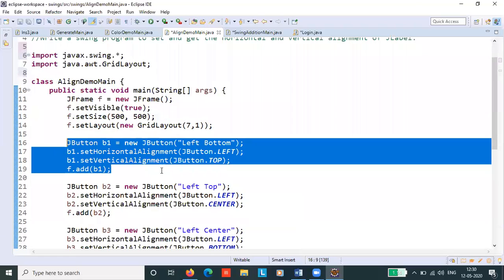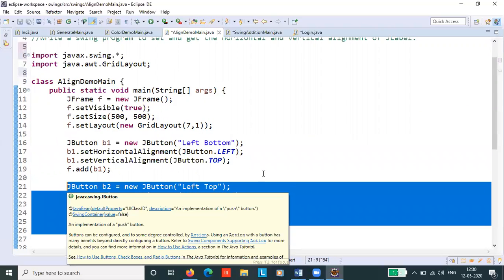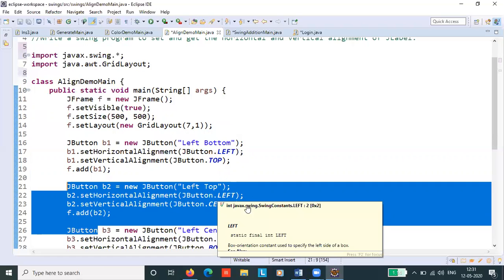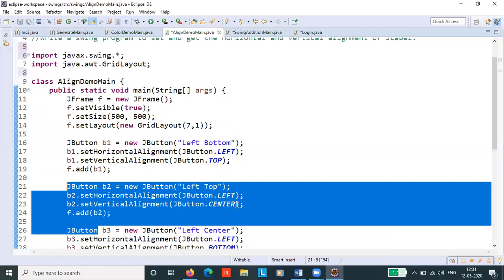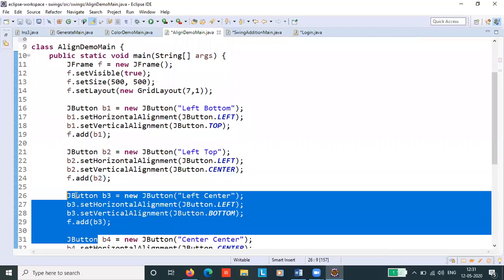Similarly, we have created one more button to demonstrate another alignment, that is left and center. The horizontal is set to left, the vertical is set to center. Next button, we have set the alignment to left and bottom.